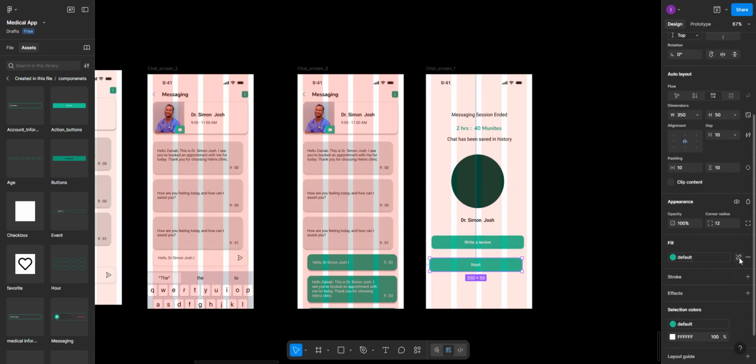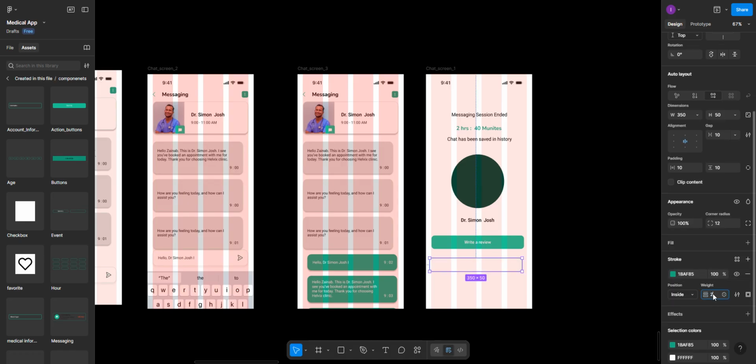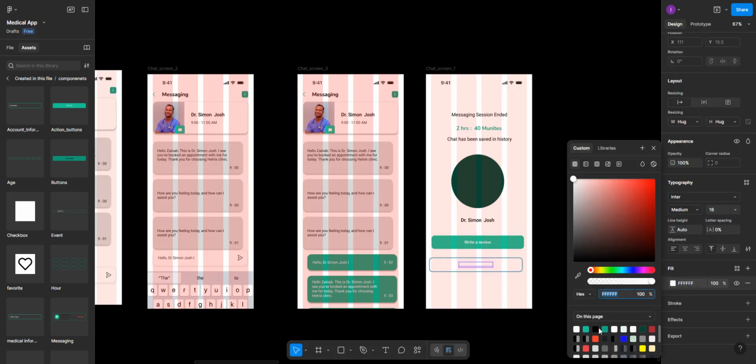We'll just detach the fill, give it a stroke and remove that, then set the stroke to our global color. Okay, now we can make it 2 and bring it outside. Okay, and the text here we're going to update it to go to dashboard and the text fill to our color. Okay,